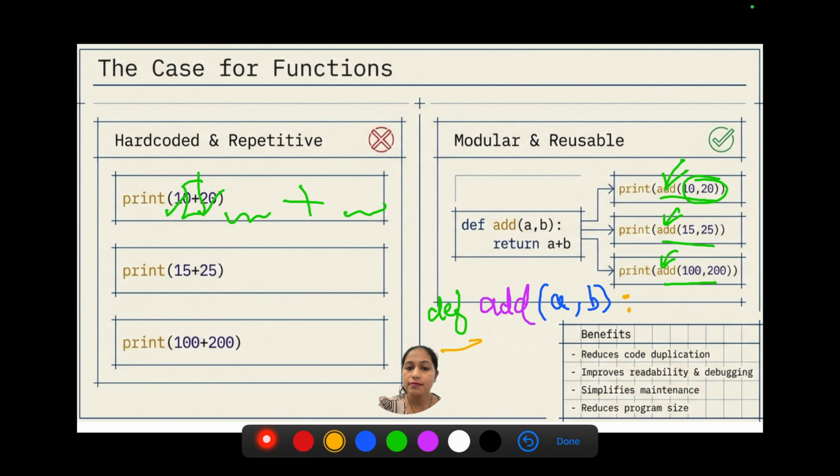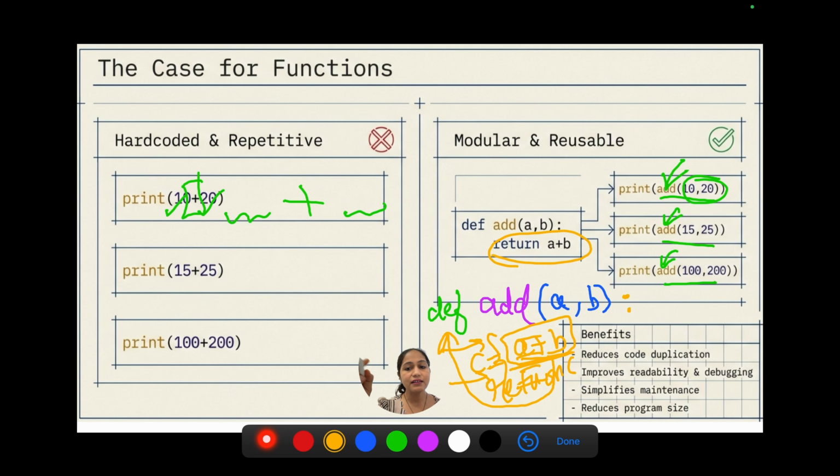Now separated by tab, you write a couple of statements that you want your function to perform. Okay, now in those statements, what we want to do is perform A plus B. Okay, we also want the user to see the calculation we have performed, so we will return it here. For returning it, you can either store it in a variable and return that variable, or you can directly write return A plus B.